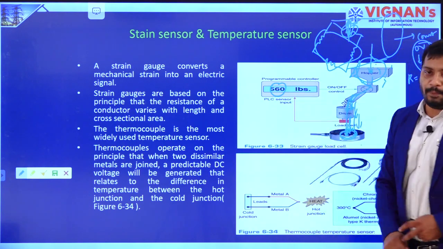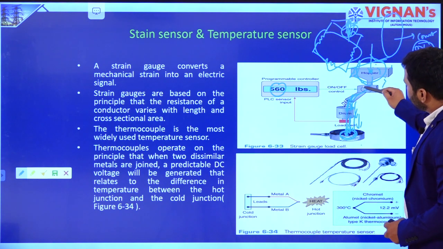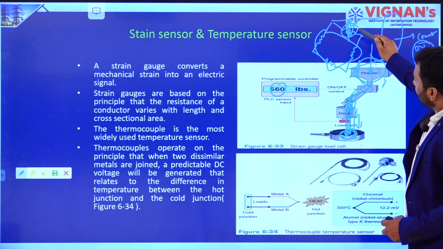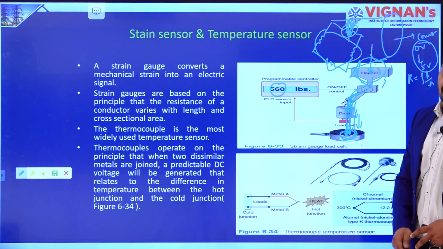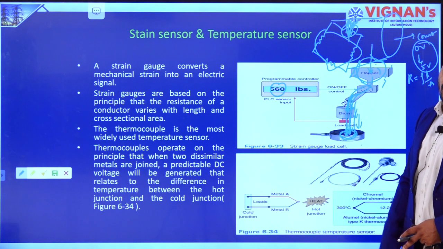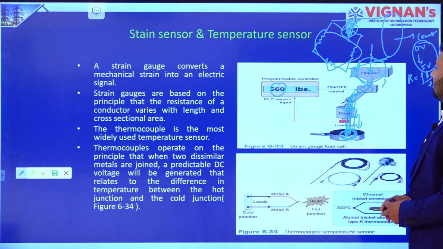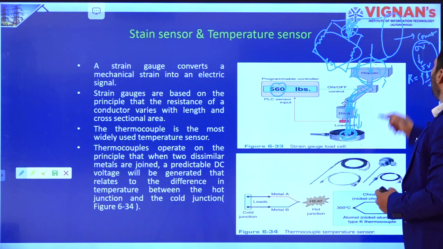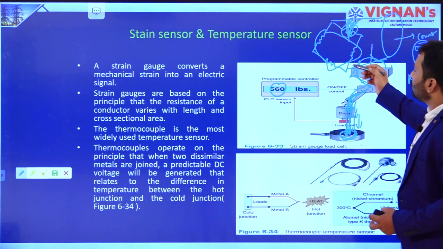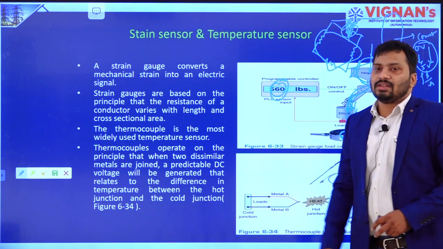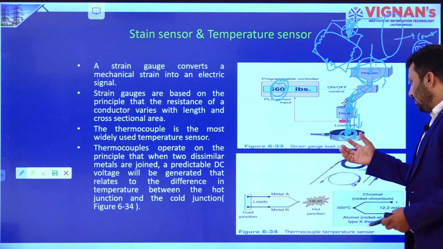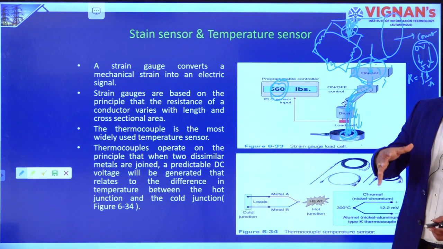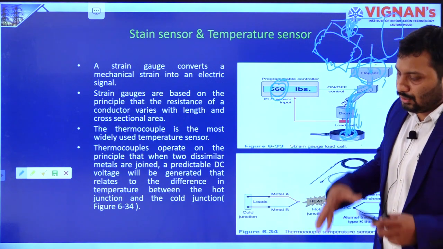So 0 pounds. If there is some material, correspondingly a load is acting on this load cell, and correspondingly the resistance is going to change in this arrangement we have in the load cell. That means the strain is going to change, the voltage is also going to change, and proportionally this value is also going to change. We need to discuss a little bit more about the strain gauge arrangement in this load cell, but that much explanation is not required here. Here you need to understand that